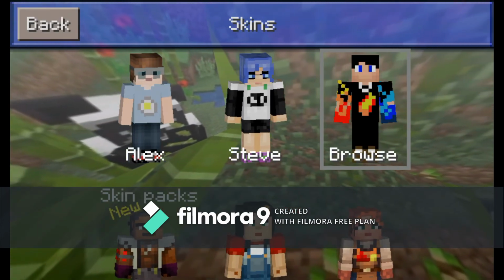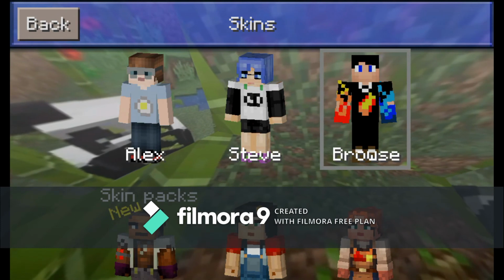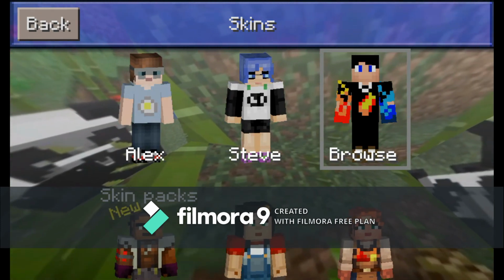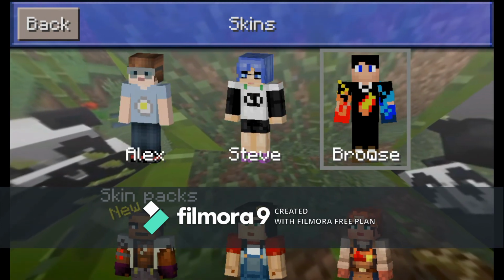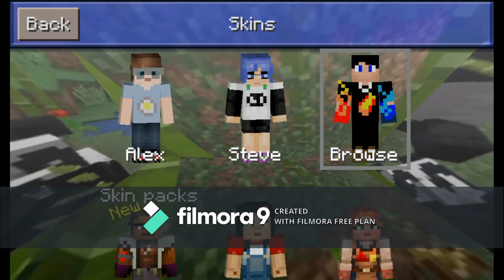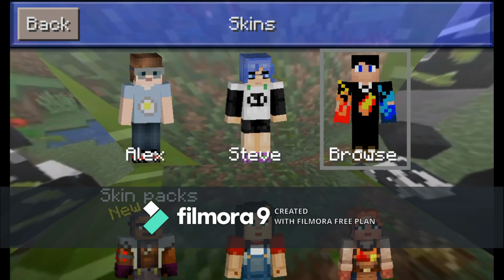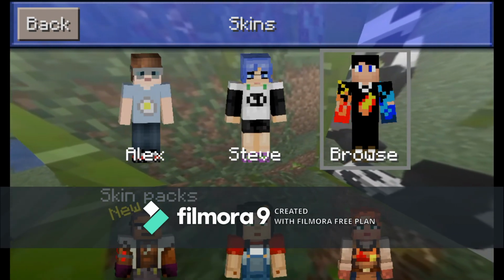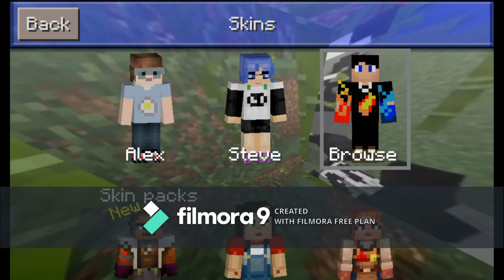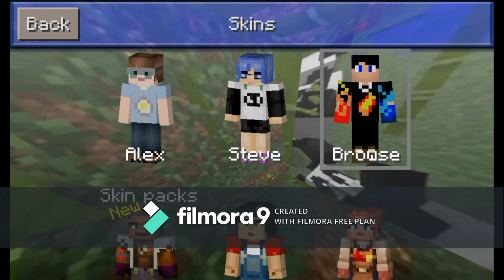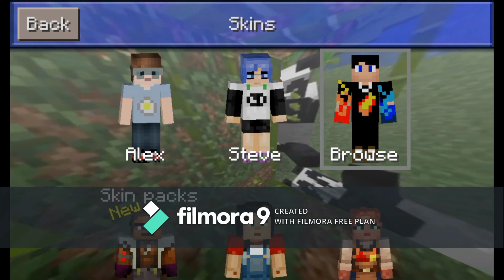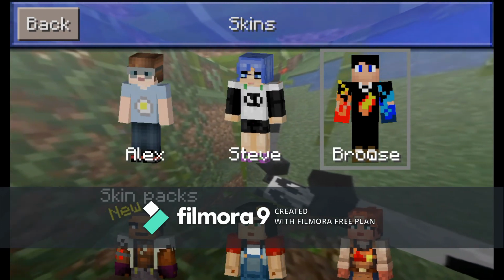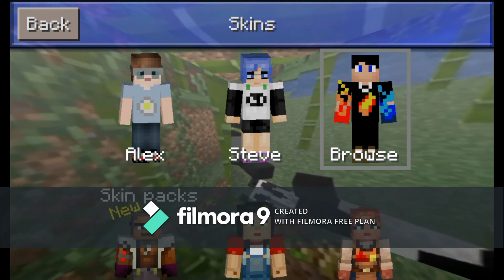You can also of course choose the models for Alex or Steve, like those arm sizes, but you can select it as per your choice and it's super fun to change skins and play servers. If you haven't checked out my video of how to play servers and register them in Craftsman, go check it out because it's super fun to play with servers by changing your skins. Then I hope this video has helped you learn a little bit about Craftsman and Minecraft.